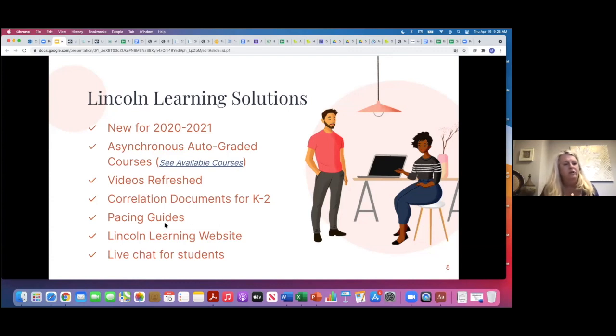They are launching a new website that will host a new support center. They're going to have a larger FAQ section, a fully searchable help center that elevates their existing knowledge base. And most importantly, they're going to have a live chat feature to expedite support directly for students, parents, and administrators.